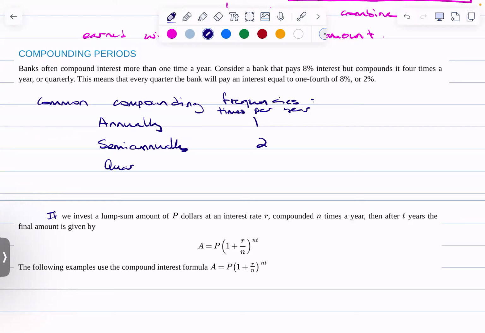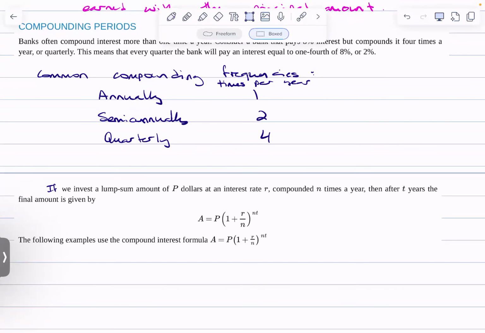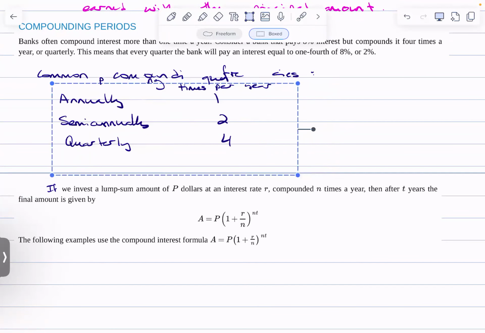quarterly, 4 times per year, and maybe I should make